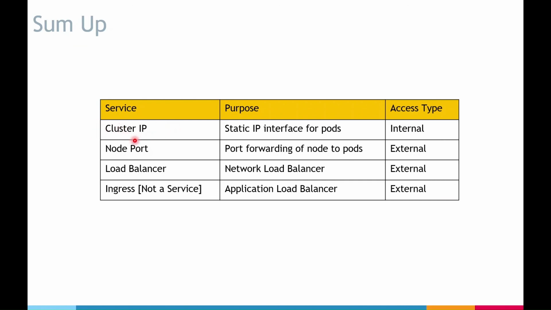First of all, when you deploy a pod, a cluster IP service has to be created, and its job is to give a static IP interface for pods. So this service will have one IP address, and that IP address can be routed to multiple pods. So it gives you a static IP. And the access type for this is internal. So any communication which has to happen from one pod to the other, irrespective of the fact that it is on node A or node B, as long as it's in the same Kubernetes cluster,